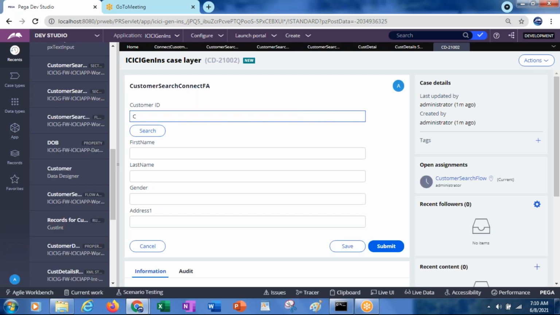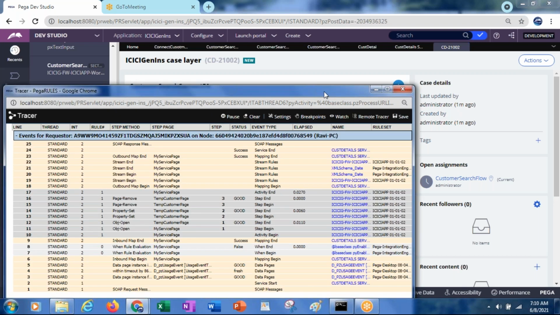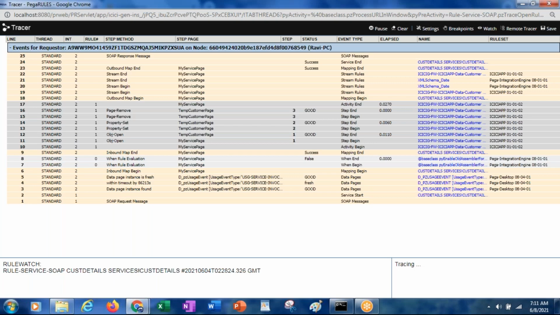Now you see, I'm selecting the search button. So now the service is getting traced. The connector may be running in any server, anywhere in the world, but it is connecting to this SOAP service. When it is connecting to this SOAP service, if you want to trace it, you can give the tracer. Then we can see who all the connectors are, or how many connectors are executing. Everything we can see here.